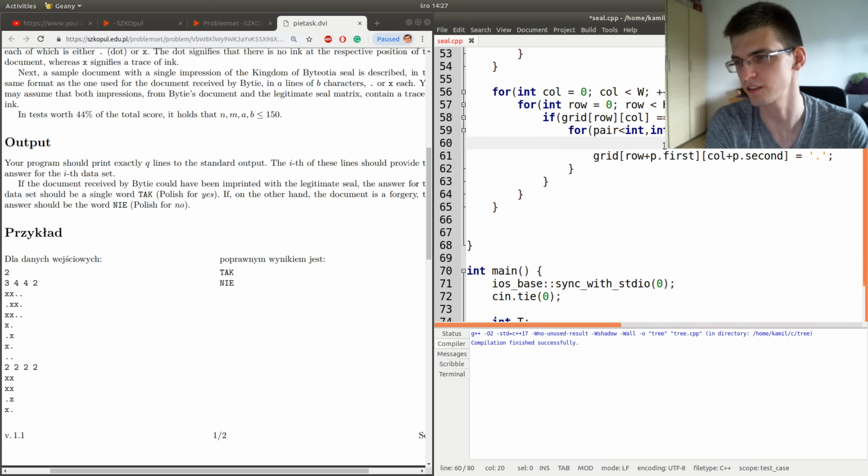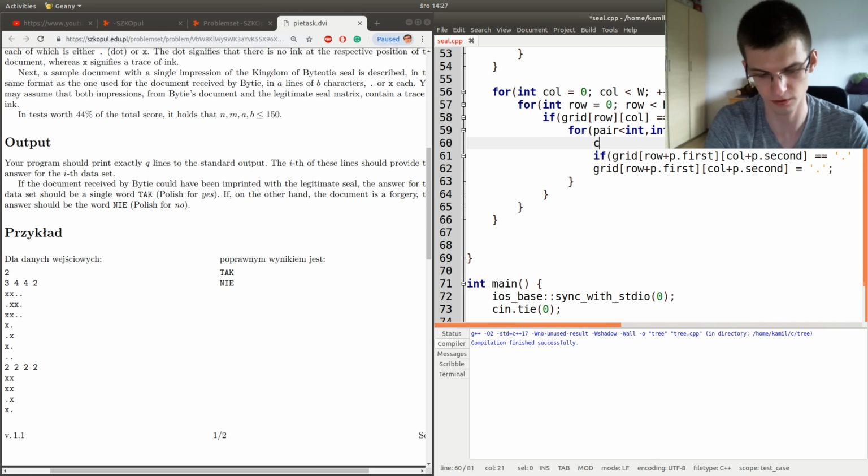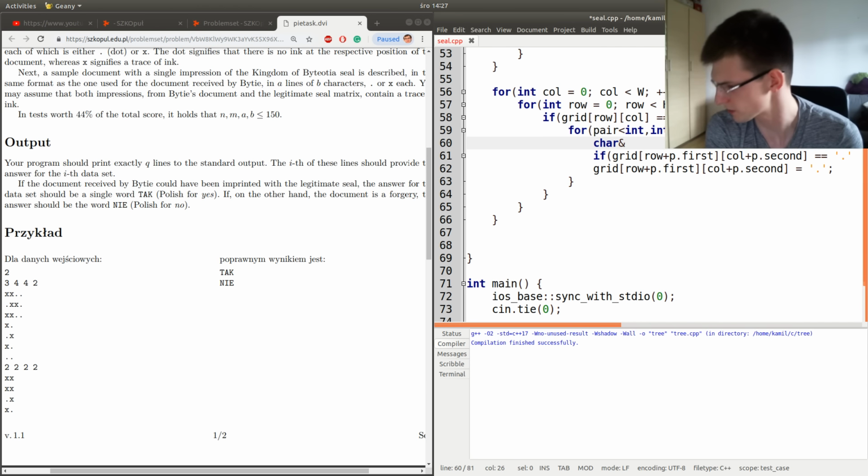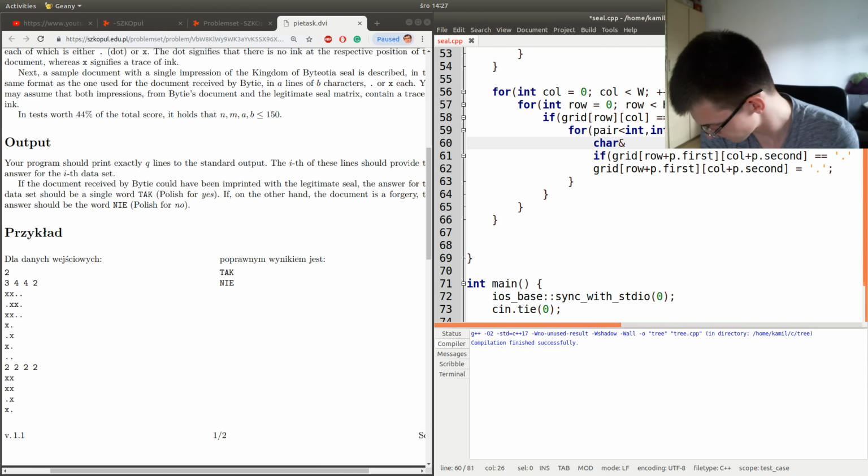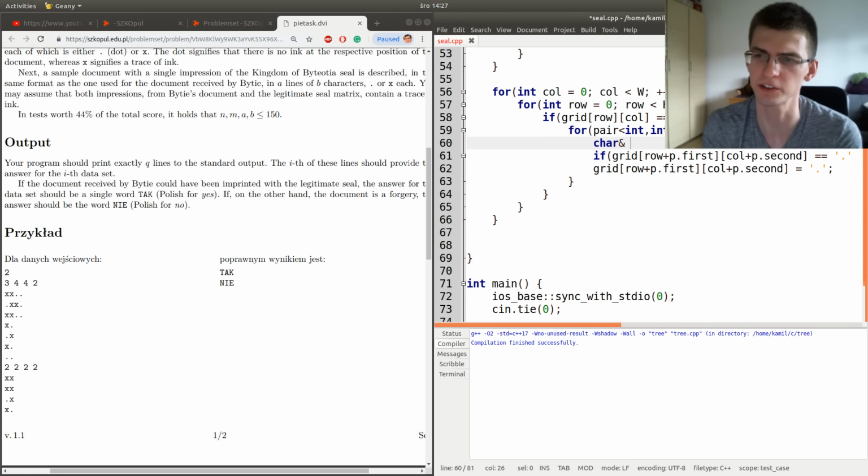And here I want to avoid copy pasting and, for example, printing if this is equal to dot then something. So in C++ it's better to use ampersand. So how to call it? It's a reference to a value.